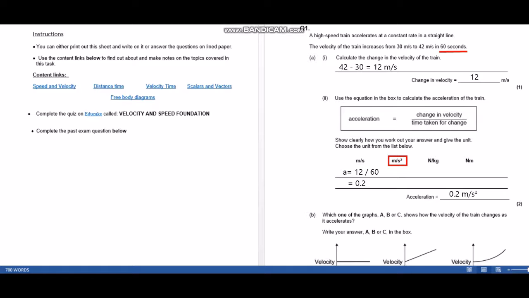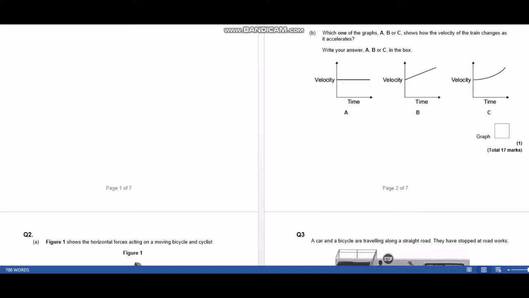Okay, pause the video here, as I move down these answers will be removed. Part B, which one of the graphs, A, B or C, shows how the velocity of the train changes as it accelerates? Okay,